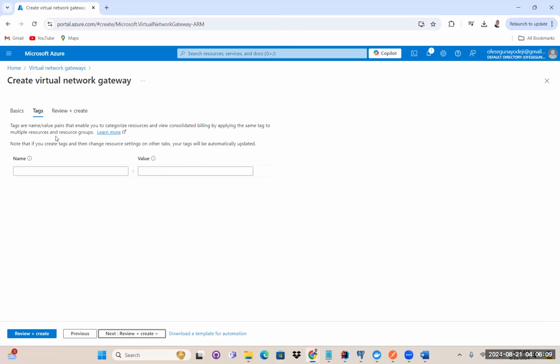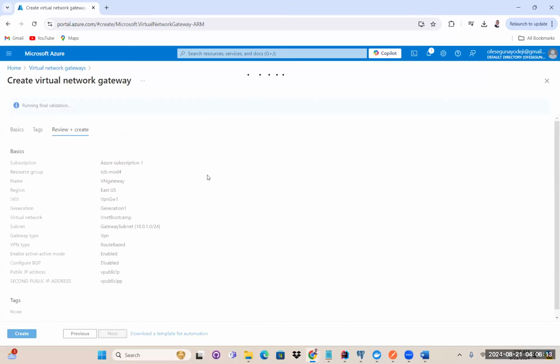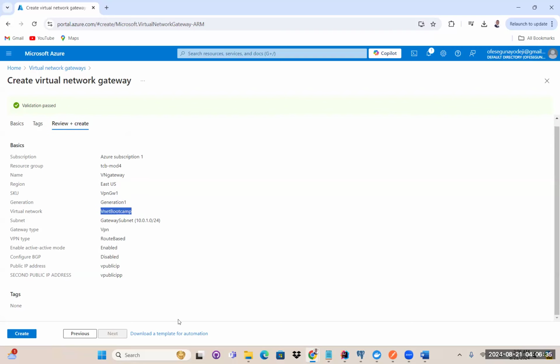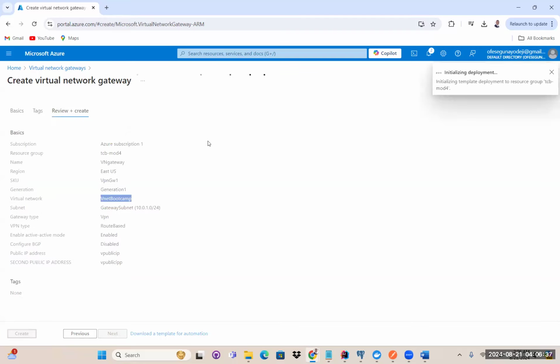So we don't want to put any tag. Review. You see that running final validation passed. And just check everything, if the resource group is actually what you want. Check if the region is what you want, if the SKU is what you want, the virtual network, is that what you want? You just have to cross-check and just click on create,